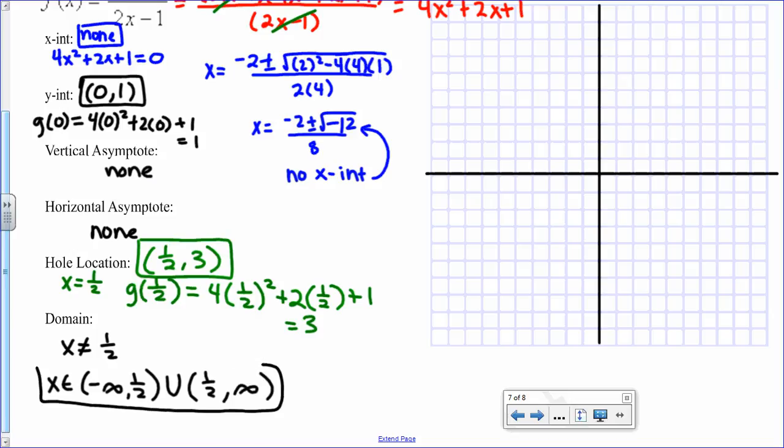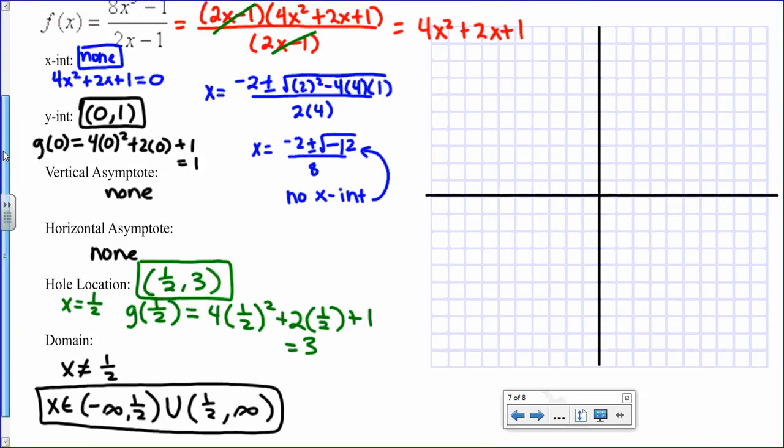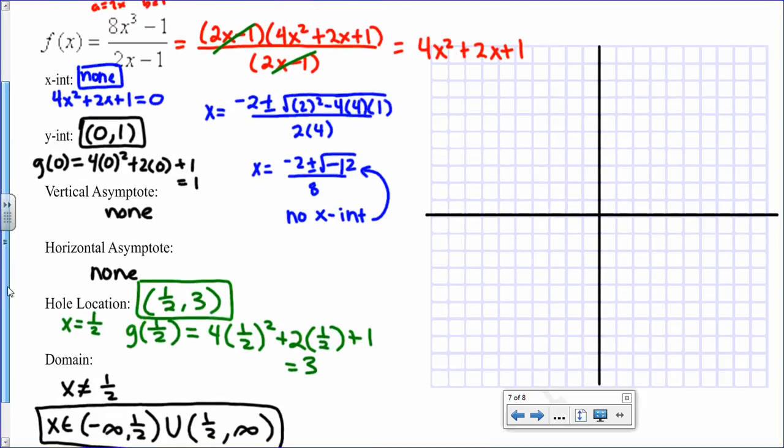You could wait until you have it graphed to do this too, if that helps you, if you're better at domain after the graph. But we should be able to do it without, because we've done domain of rationals for a few months now. We look at the denominator, and that's how we do the domain. Okay, let's graph what we have, and then we're going to have to find another